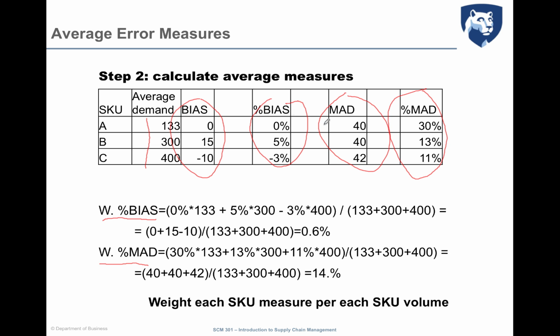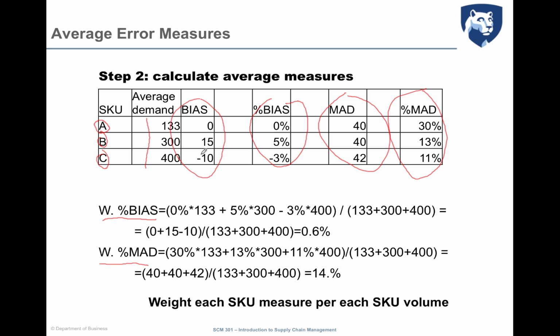Why do we consider the percentage? Because we cannot consider the bias in terms of units, because we don't know if A, B, and C are homogeneous in terms of units. So maybe this can be units, this can be kilograms, this can be liters, we don't know. So we cannot do this, because otherwise it will be